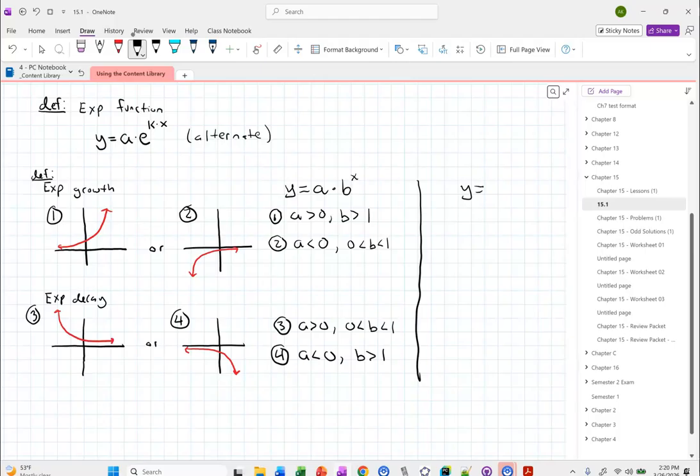And if I instead had written my exponential equation in the other form, a times e to the kx,